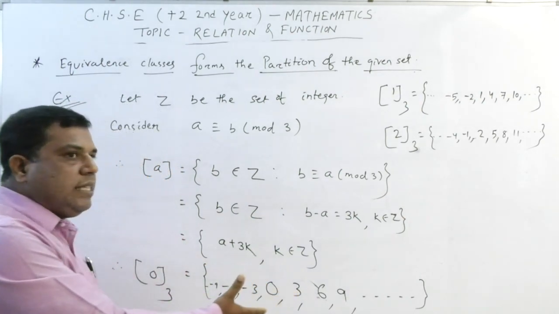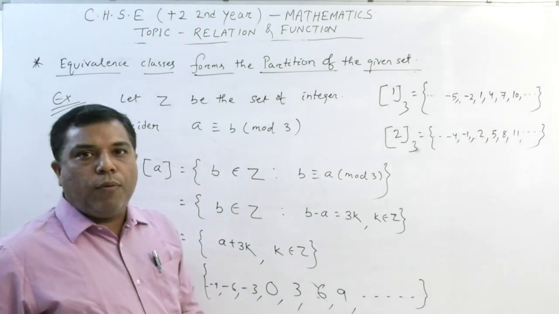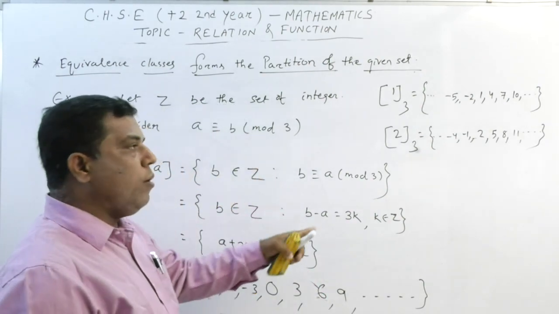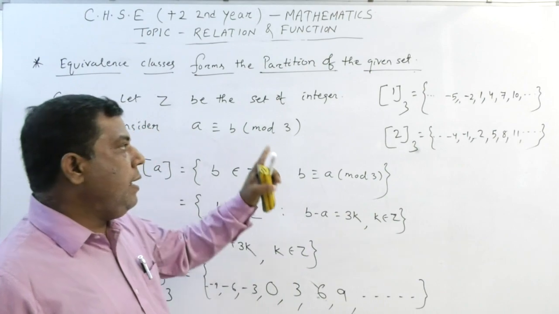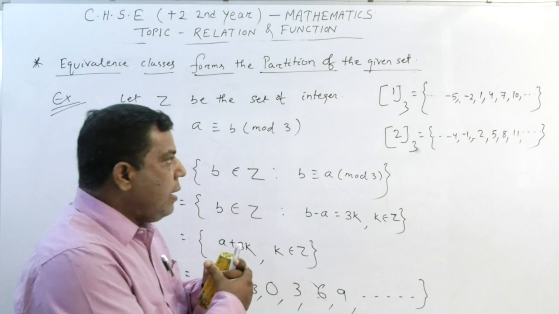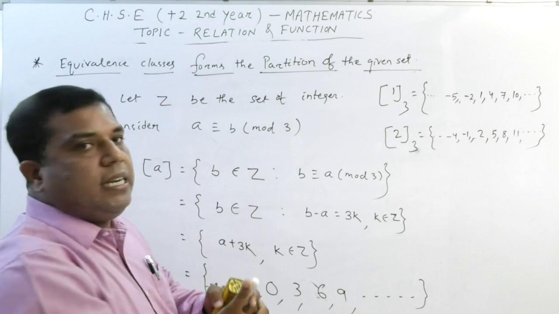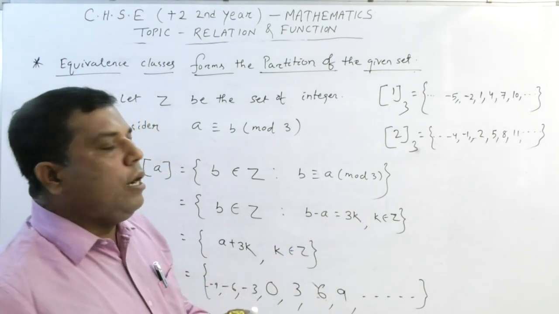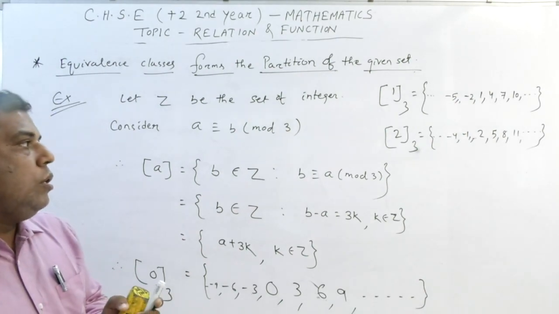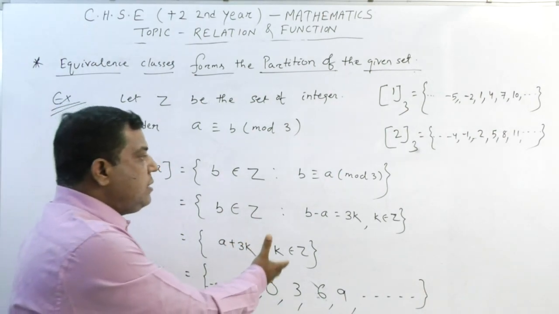Now you can verify that those equivalence classes we obtained here are forming the partitions, because you see they are not overlapping with each other, and their union is equal to the total set Z. Yes or no? So in this way we are able to get that the equivalence classes with respect to the modular relation